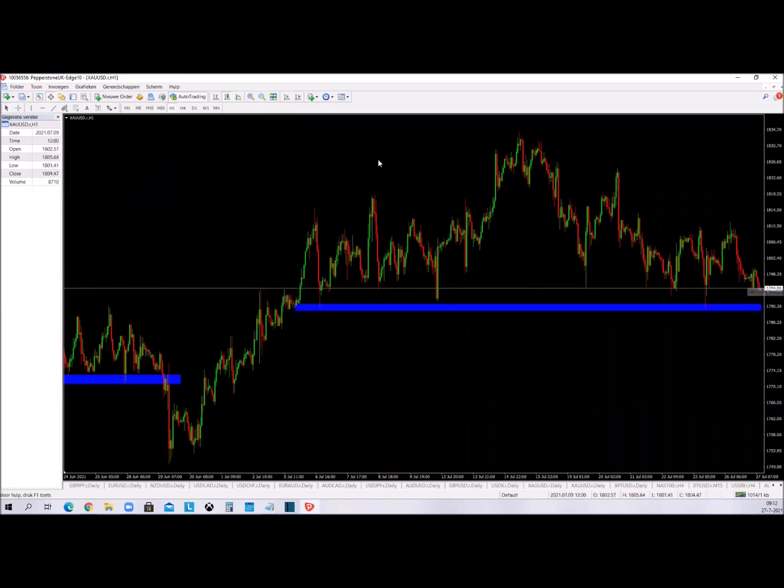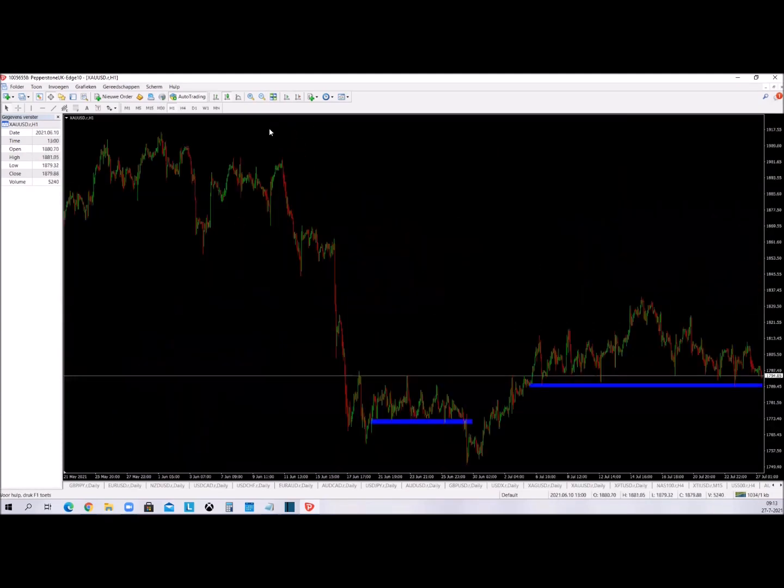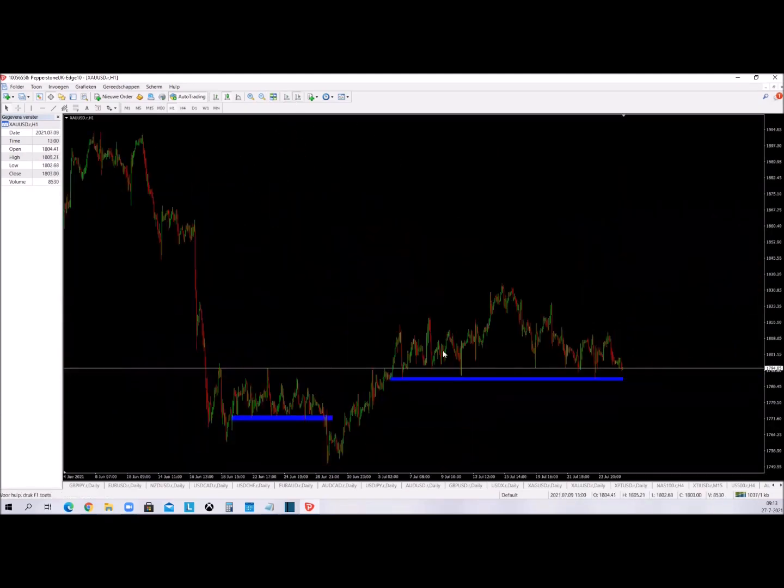A round sort of cup. I don't know what you want to call it, but a round top and a lot of lows below market. So if I were going to trade this in a discretionary way, which I don't, but to me this is an important level. And if I was going to trade it and I wanted to be a buyer, I want to see this. Then a clean break above, breaking this minor structure, and then I would be long, targeting this high,